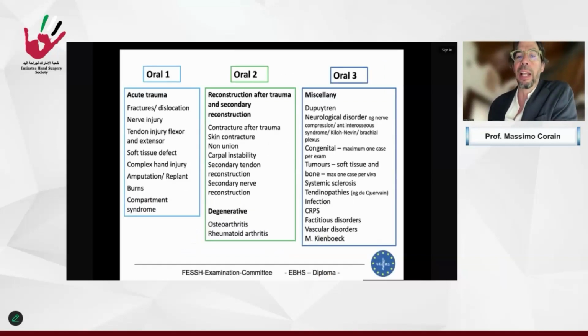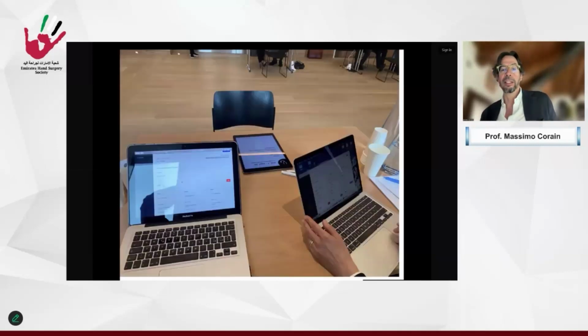These are the orals. Now there are 3 different orals, 20 minutes each, divided by topics. Oral 1 has acute trauma, oral 2 has sequelae or reconstruction, and then miscellaneous for oral 3. And you do all in 1 day. This is the setting of the examination.